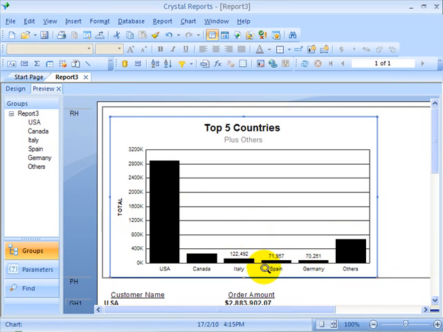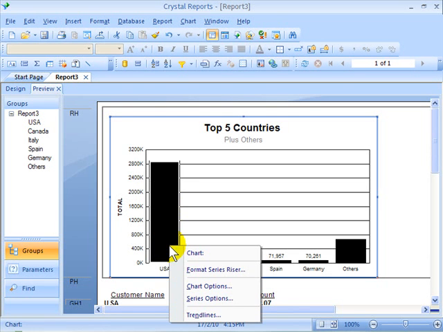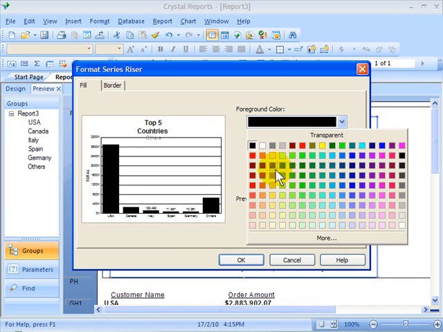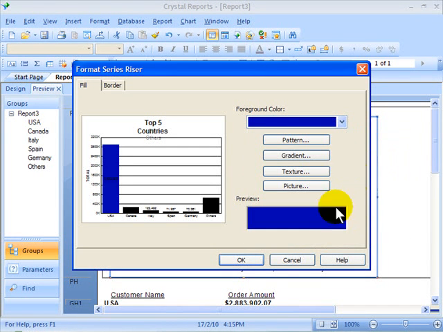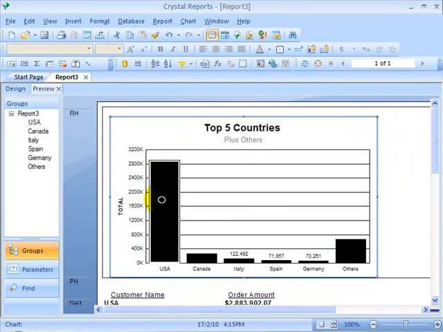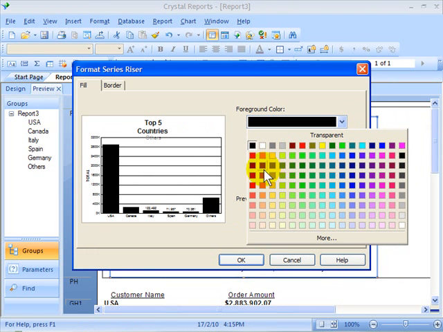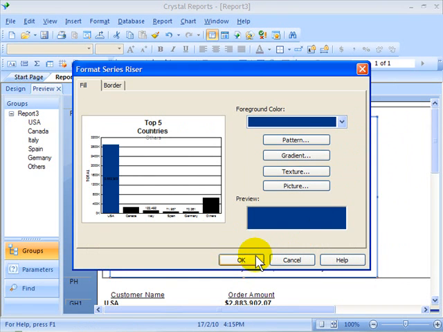All of the bars are black, and the numbers are displayed on some of them above. On others, they would be right on top of the bars. Perhaps I should change the individual colors of some of these bars to make them more visible. If that's true, you press the right mouse button after selecting one of those bars and choose where it says Format Series Riser. Because here you could choose a different color for that riser to, I guess you could say, emphasize that riser. And if I choose to format that riser with a certain color, for example, I'll choose blue, and then I click OK,